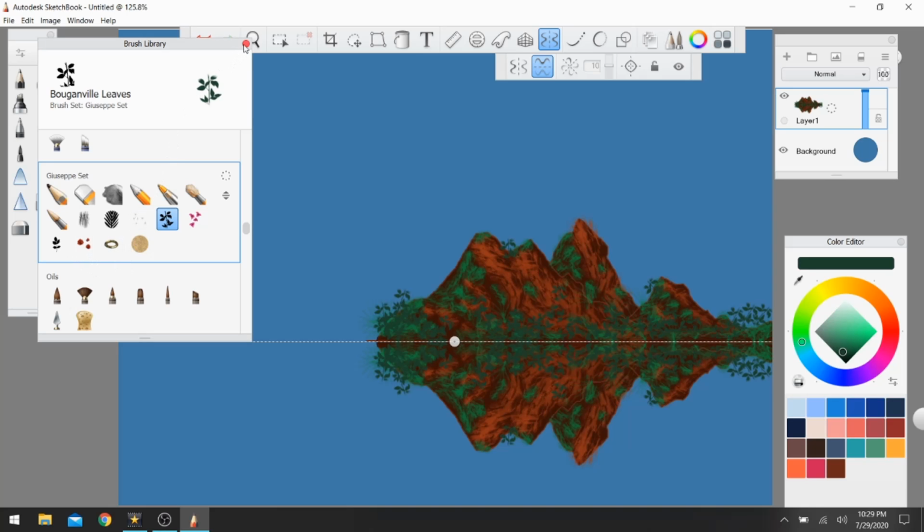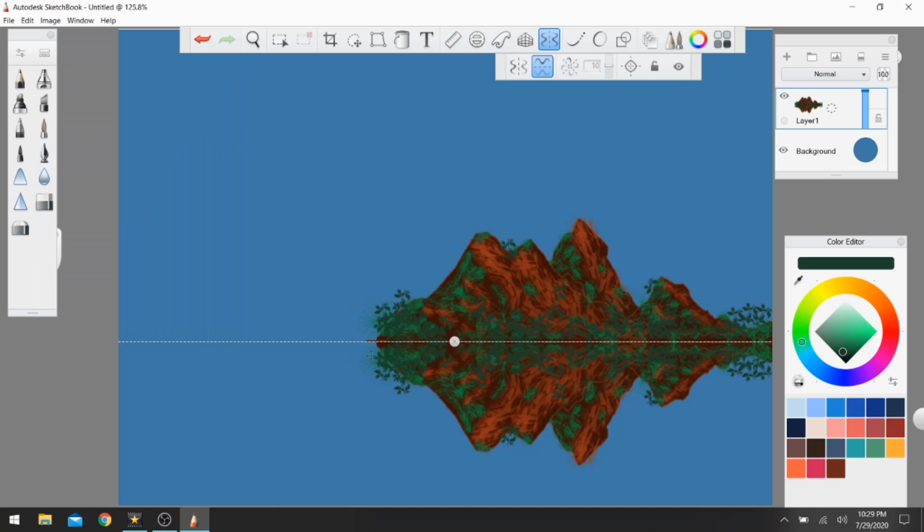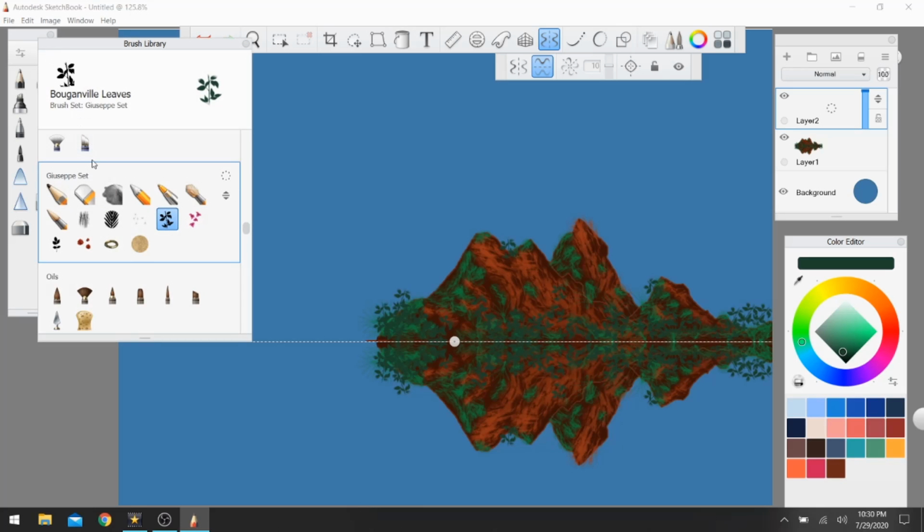Okay, now that we've got some plant life on here, now what we're going to do is we're going to turn this into a reflection. And the way we do that is, first of all, I'm going to create a new layer for water. Going to go into my brushes,